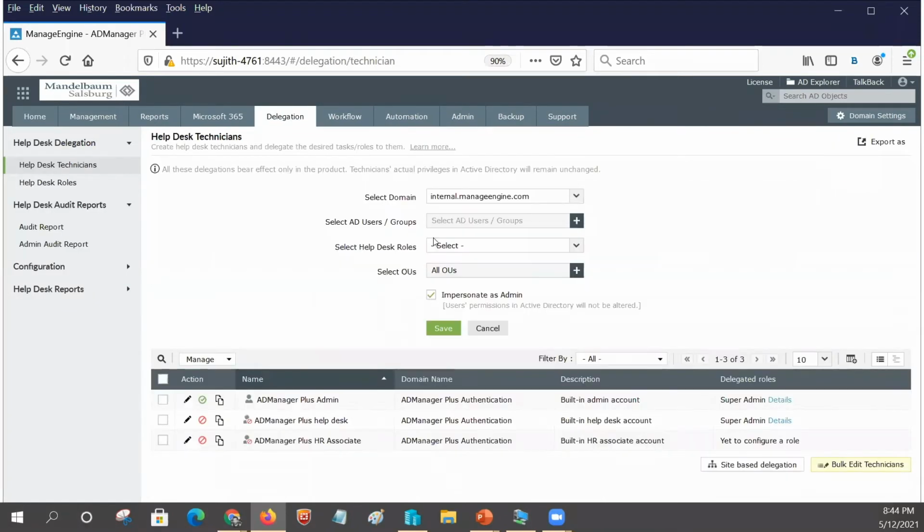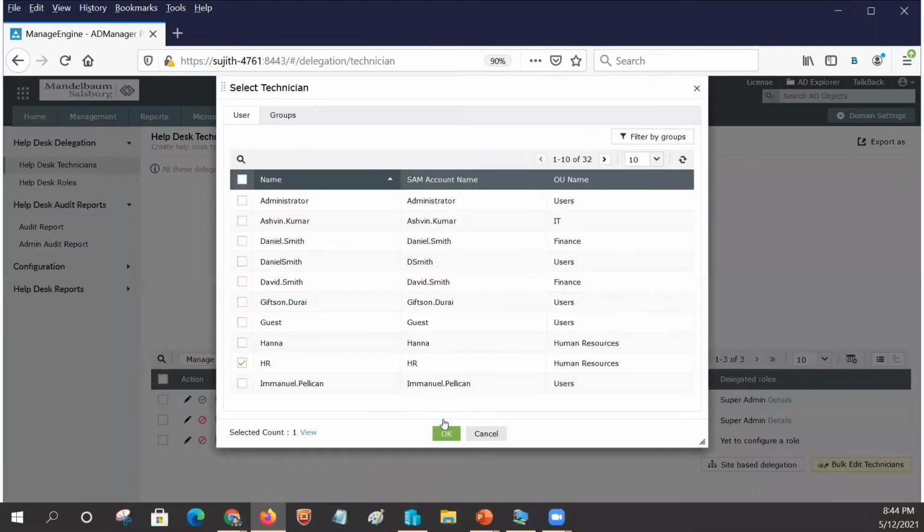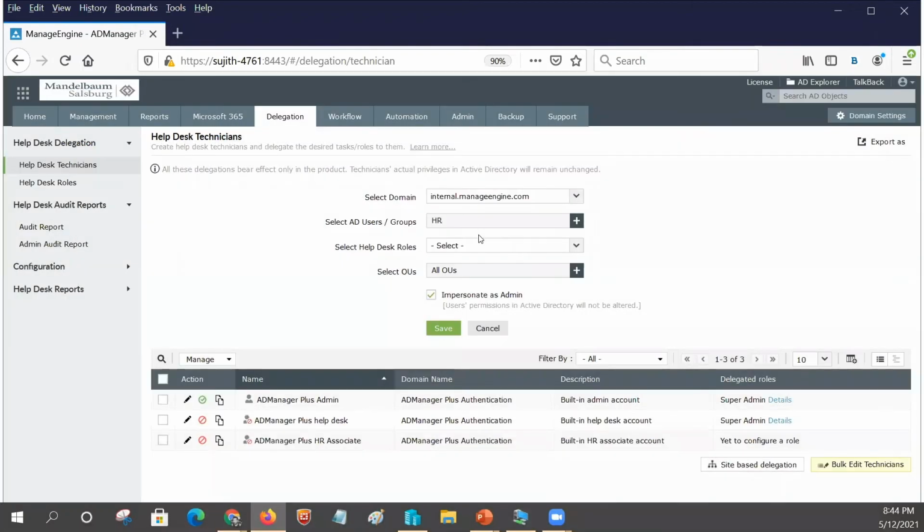add new technician, HR. Going to pick up the role again. Done. So now when I mention impersonate as an admin, this HR will log into ADManager Plus using his or her domain credentials. It's domain authenticated, and based on the role which we created, create an account, reset password,